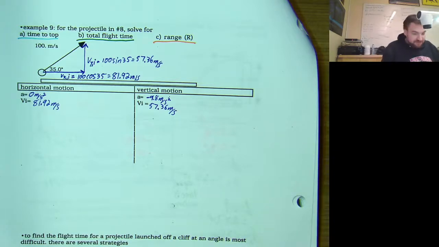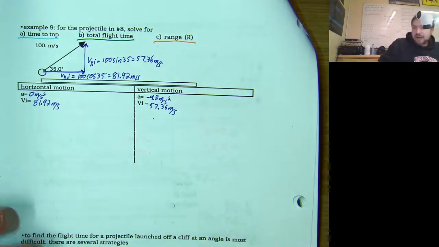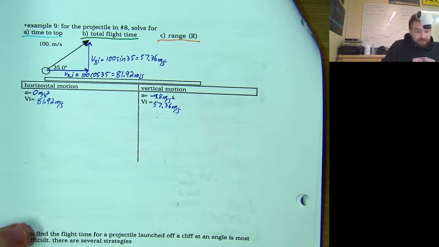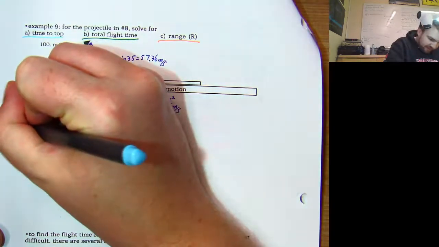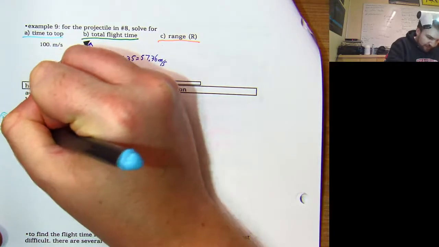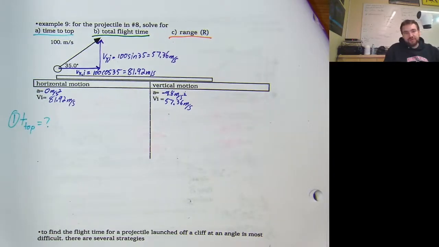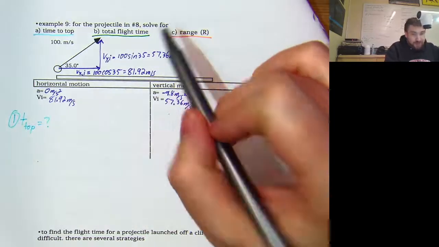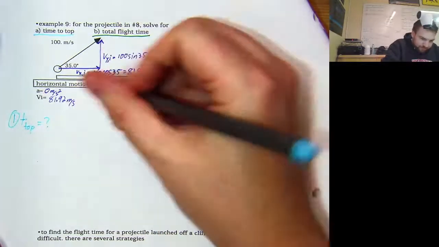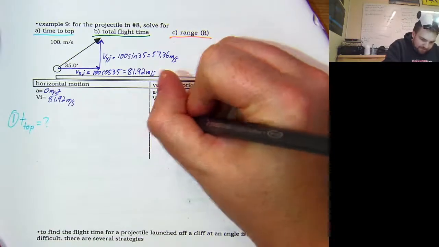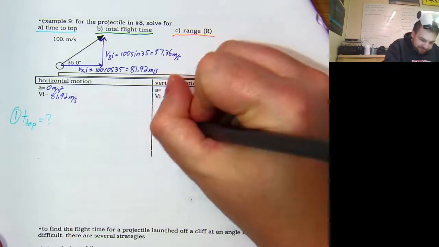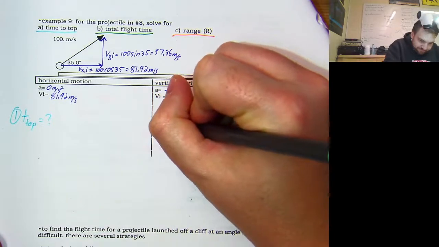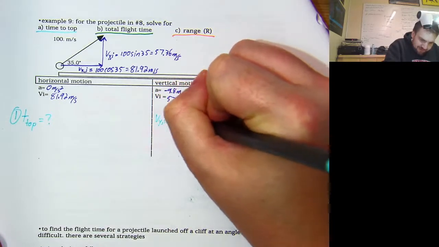Now, let's write in some stuff. Actually, you know what? No. We're going to start to work through the problem, and then we'll add in the things we need. So, 1. We want time t-top. T-top equals question mark. So at t-top, what do we know is true? At the very top of the arc of this thing, we know for time top, and I'm color coding these different parts of the problem, that Vy top equals 0